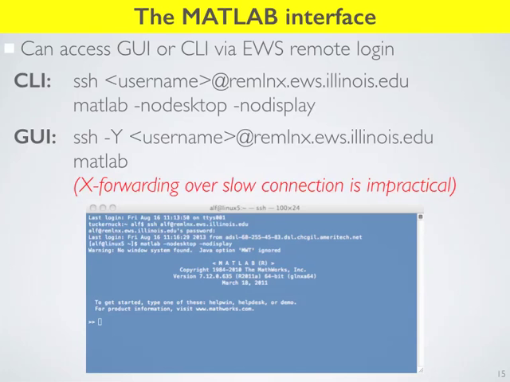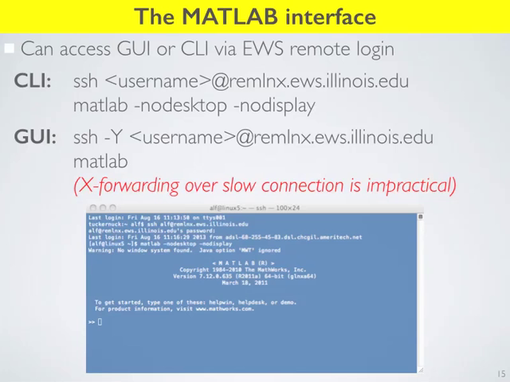So I would do SSH from my Bash terminal on my local machine at home, als@remotelinux.ews.illinois.edu. I would get a tunnel that went through, and then I would type in my tunnel MATLAB -no desktop -no display, and I would get something that looked like this. And so it would be a MATLAB terminal, but it's just the terminal. It's like the bare bones thing. There's none of the nice GUI associated with it, but this is legit MATLAB. So you can write all the MATLAB commands, and they will execute on an EWS server somewhere on campus.